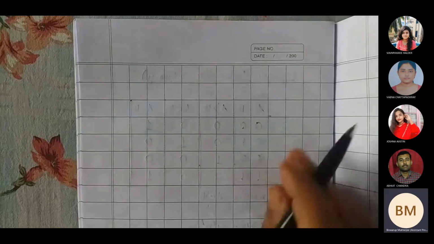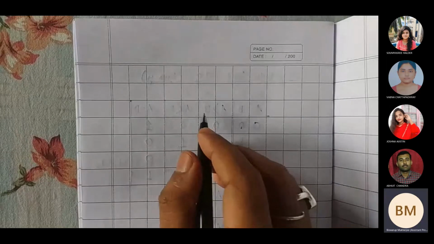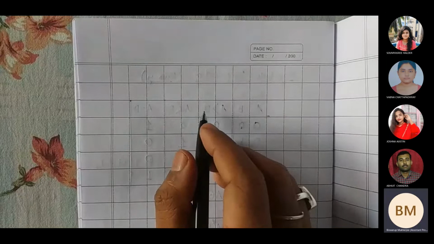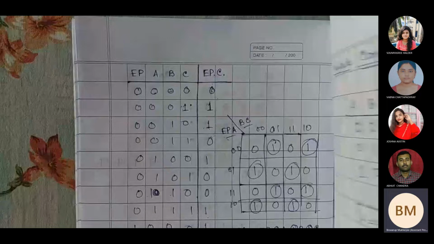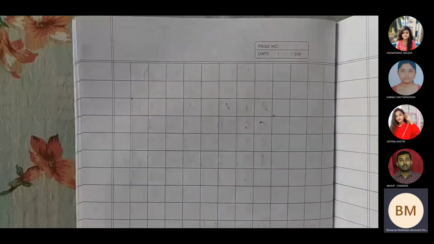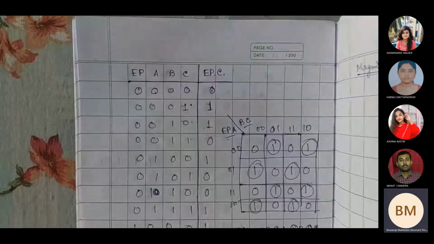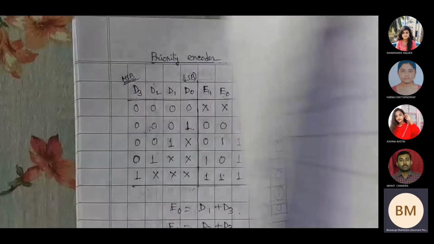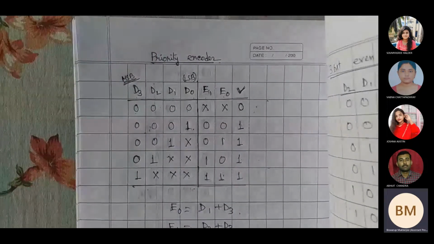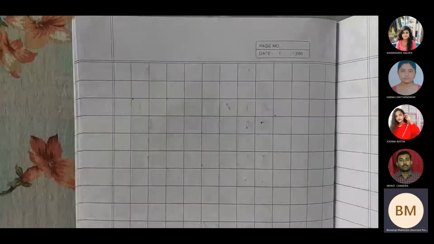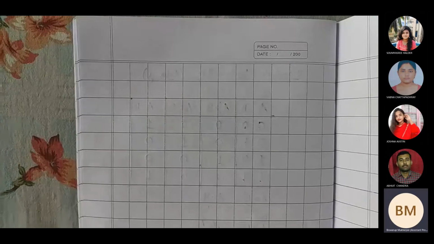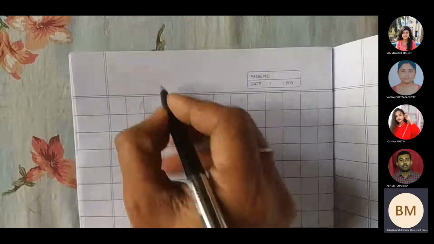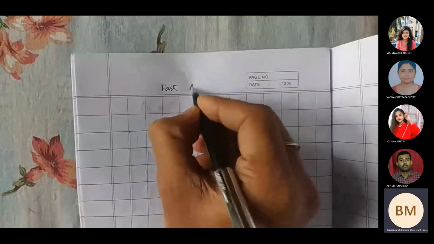Until then, before the puja vacation, we discussed the MSI chips and various types of circuits like multiplexer, adders, subtractors, priority encoder, parity bit generator, checker, comparator, all these things. Now today, a particular part left in the MSI chip part is the fast adder. So we'll be discussing that one, the fast adder.